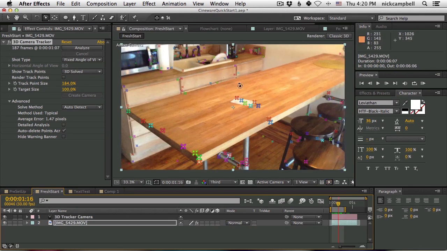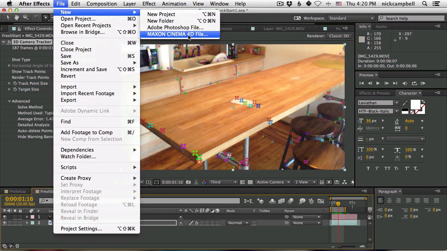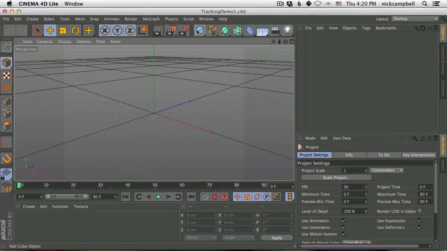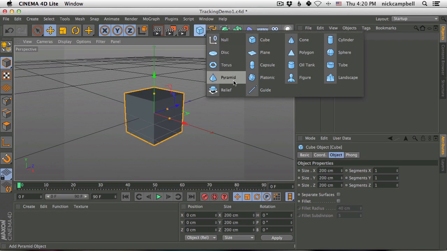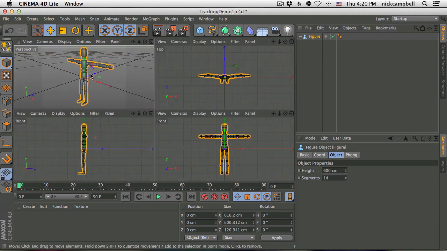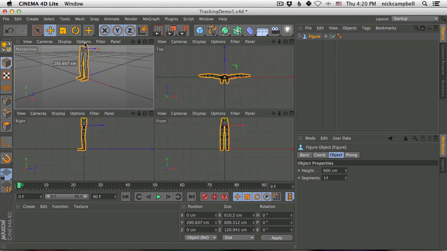And we could set this scene up to add a 3D object, let's say, on top of this table. Let me show you how fast we could do that. We can go to File, New, Maxon C4D file, call this tracking demo 1, and we can add, let's say, not a cube, let's add something more fun. Let's add this figured guy here, and we can position him just level with the floor here, so we can